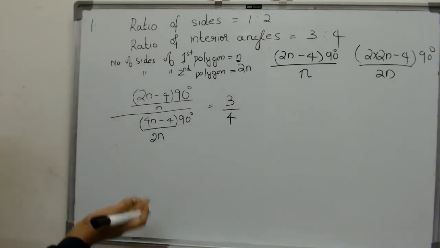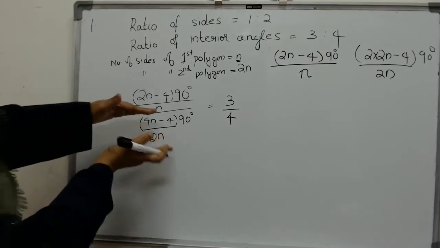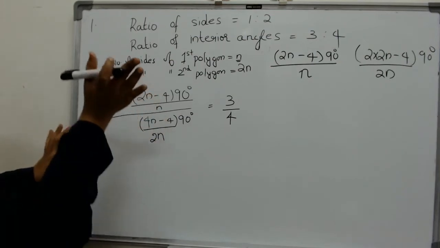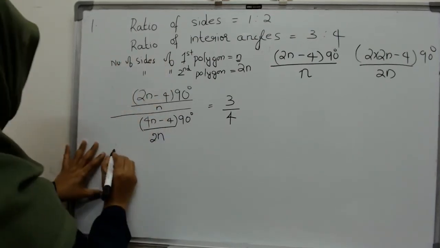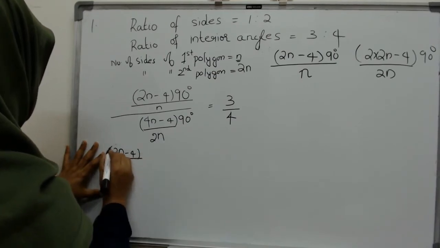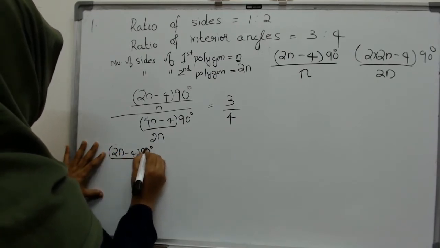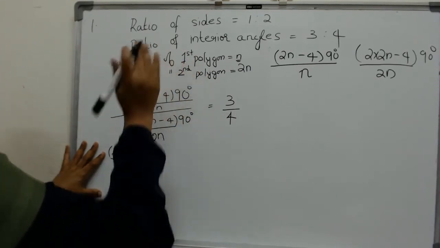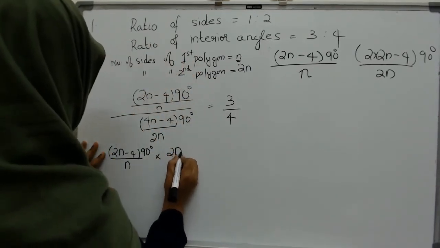Now how do we divide fractions? We take the reciprocal of the fraction which is in the denominator. The numerator we keep as it is, right? So this is the numerator. We don't need to disturb it. We will just keep it as it is, but we will take the reciprocal of the denominator. That will be